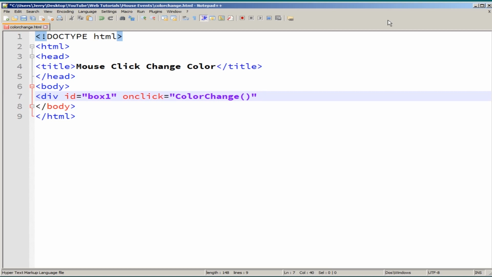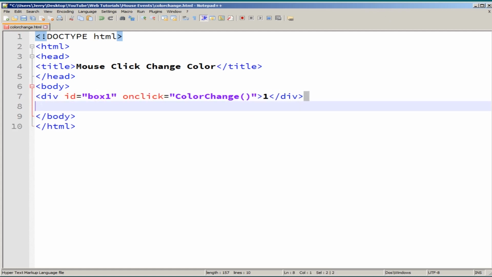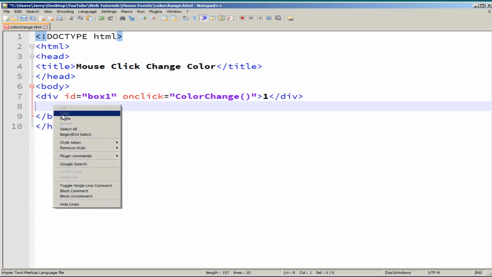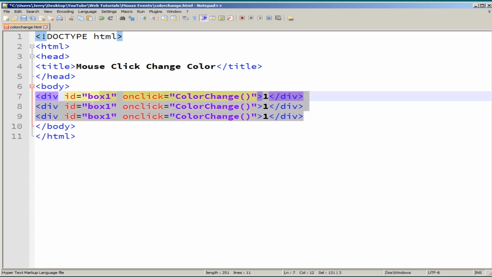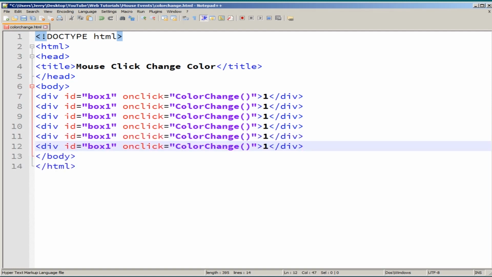So now we're going to define, and we close it, and then we will have the number. We'll have a number in each div. So that div, and I'll just copy and paste, will be the same. Since I said 6, paste, then copy, paste. So 6 of them here. Now each of them will have a unique, I said unique ID. So box 1, 2, 3, 4, 5, and 6,